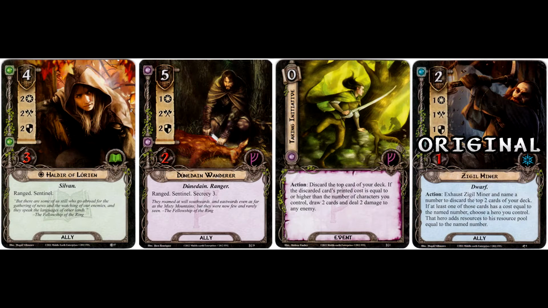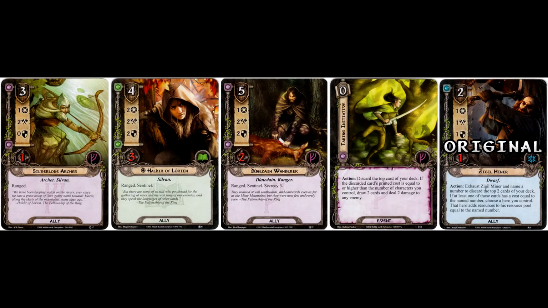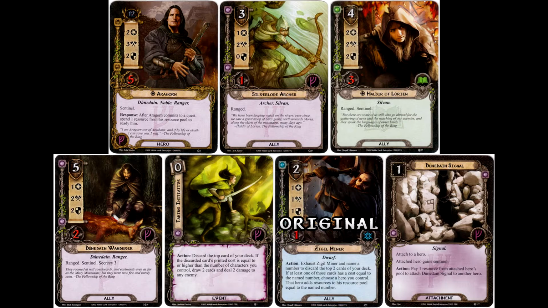I think the biggest problem with this guy, apart from his nearly insurmountable cost, like you pointed out, is that his traits have no synergy whatsoever. So if you want to deal some cheaper ranged damage, maybe you're just going to take advantage of something like Silverlode Archer. If you're looking for a cheap defender, whereas leadership doesn't have any allies that come built in with Sentinel, maybe you're just better off in the first place taking advantage of a card like Dunadan's Signal, or even just running Aragorn himself. Just like you pointed out with Haldir, this is sort of a jack-of-all-trades, master-of-none type character,